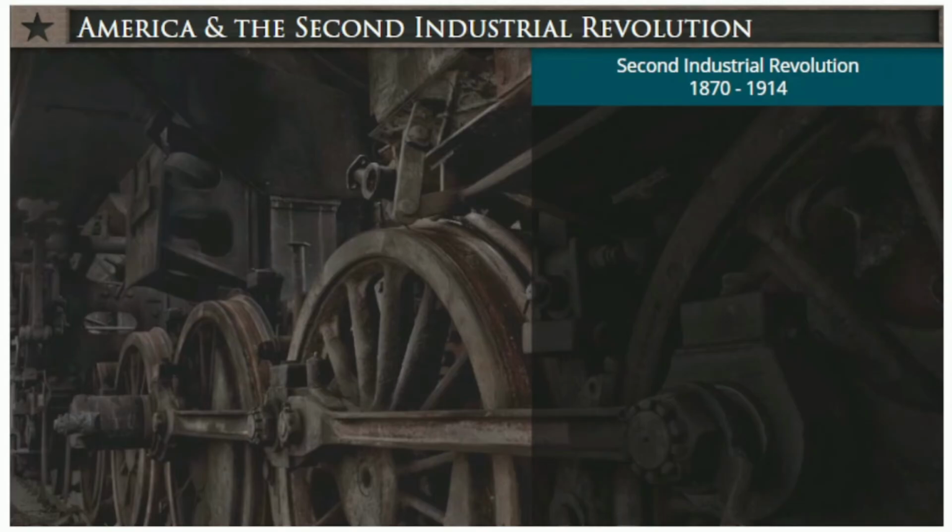The Second Industrial Revolution is typically dated from about 1870 to 1914, ending with the start of World War I. Unlike the First Industrial Revolution, where America lagged many years behind other nations in becoming a part of the movement, America was at the heart of the Second Industrial Revolution. The Second Industrial Revolution is also known as the Technological Revolution.